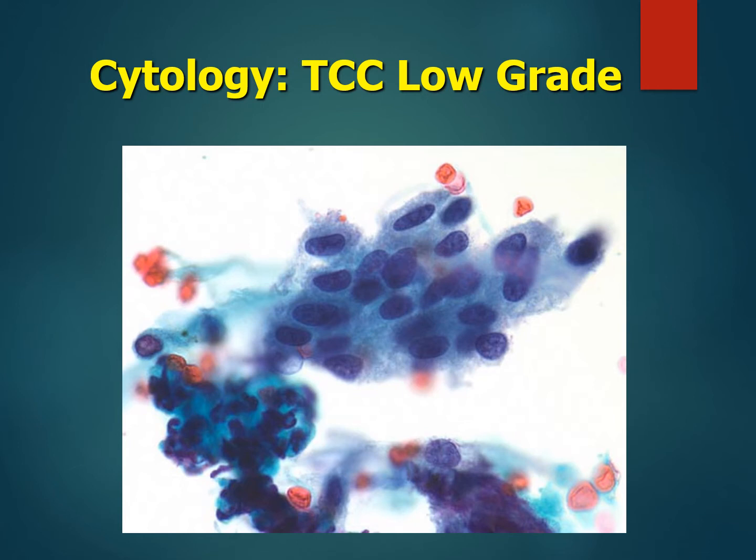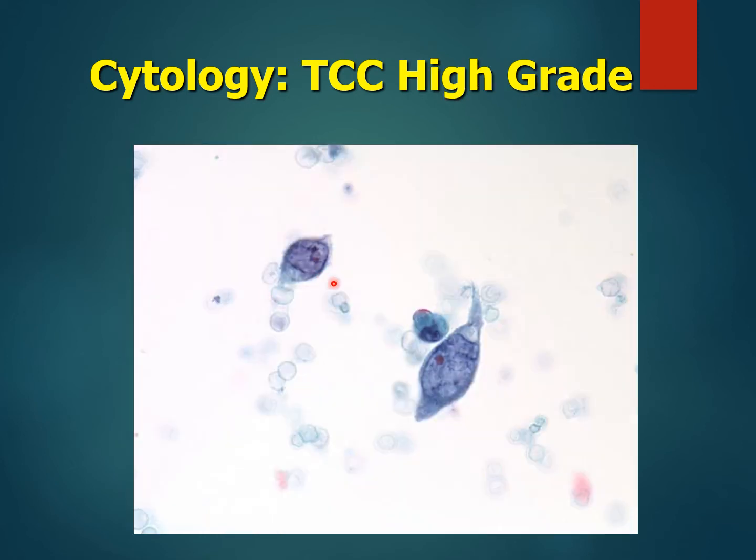Transitional cell carcinoma, low grade, change of malignancy in here. Change of chromatin-like substances. Malignant changes are there compared to the normal ones. Some cells are there, so there could be some high stain, high grade of a transitional cell carcinoma, and